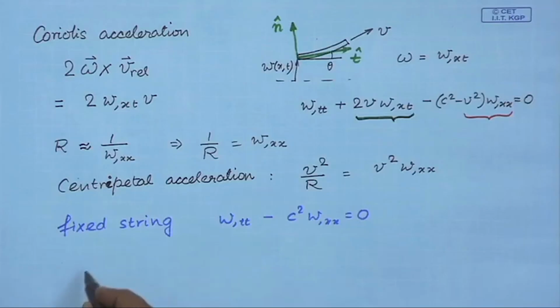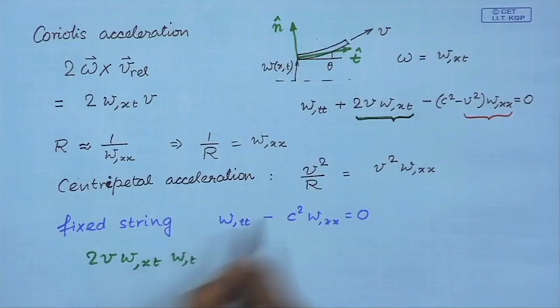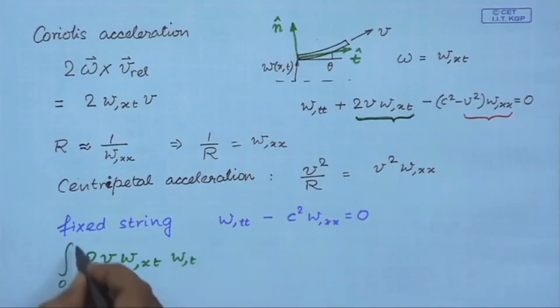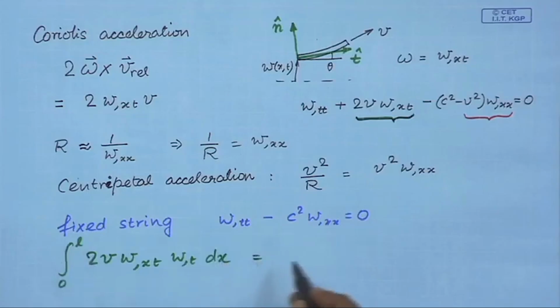To see that, we will follow the procedure we had followed previously while discussing damping in continuous systems. We multiplied the whole equation with the velocity and integrated it over the domain of the string, and this happens to be